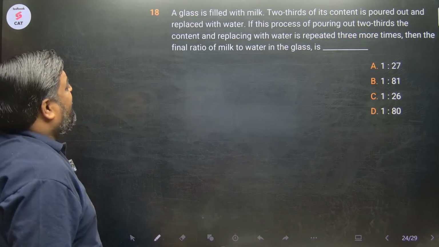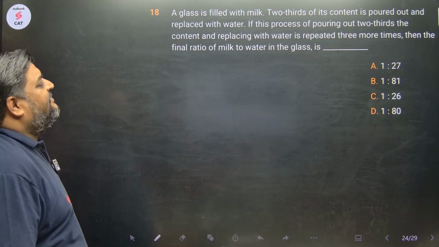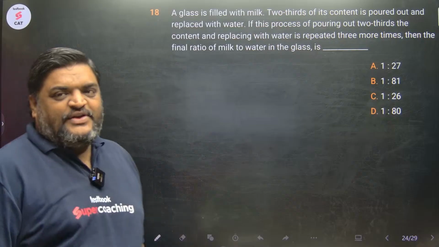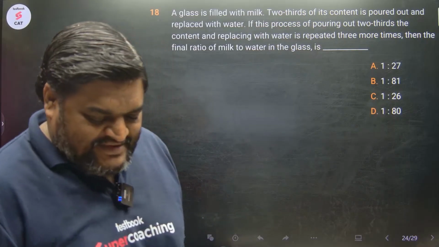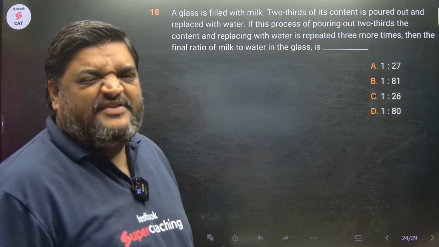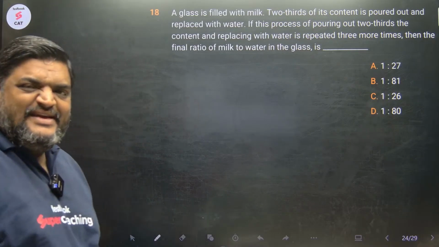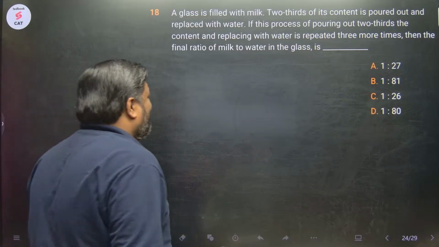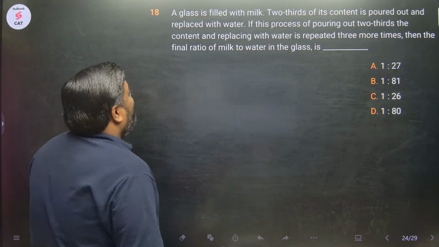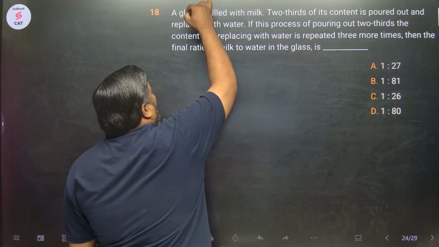अ ग्लास इज फिल्ड विथ मिल्क। अच्छा तुम ऑफलाइन से आए हो? नहीं ऑफलाइन से तुम नहीं आए रहोगे यार, तुम स्मार्ट बन रहे हो, मतलब यू आर नॉट फ्रॉम ऑफलाइन, यू नो। ओके, हालांकि ये आईडी मैंने देखी नहीं है, बट यू आर नॉट फ्रॉम ऑफलाइन, यू आर फ्रॉम हियर ओनली। फिर भी घूम रहे हो यूट्यूब के ऊपर।